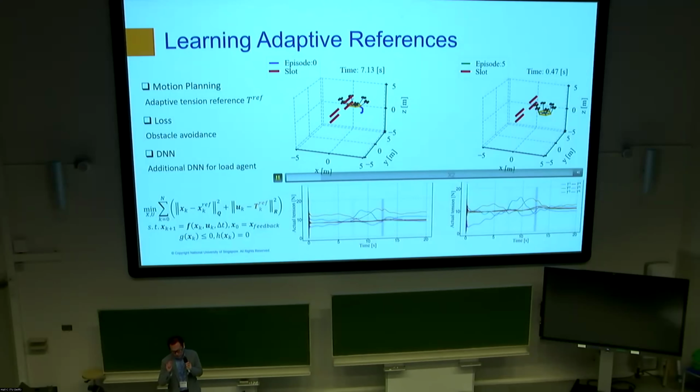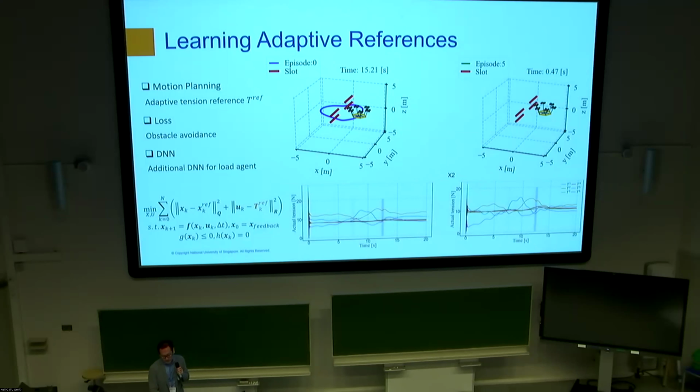Okay, I will just quickly show the simulation here. At the bottom, the plot shows the tension force from the 6 curators. In the first simulation, the curators won't be able to pull the load through the slots. And after training, on the right, you can see that we're able to pull the load and pass through the slots. And the tension force also shows more dynamic and larger variations.